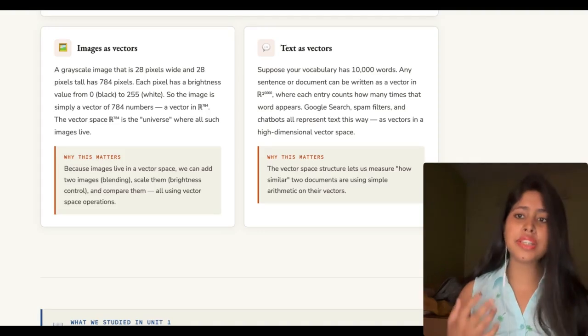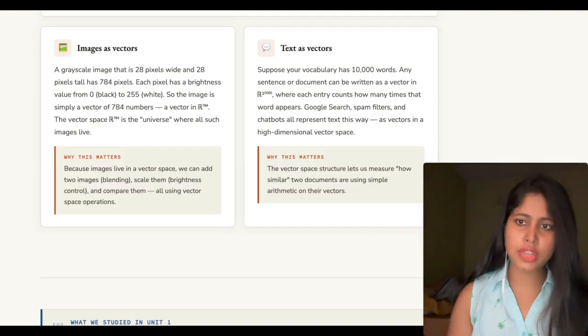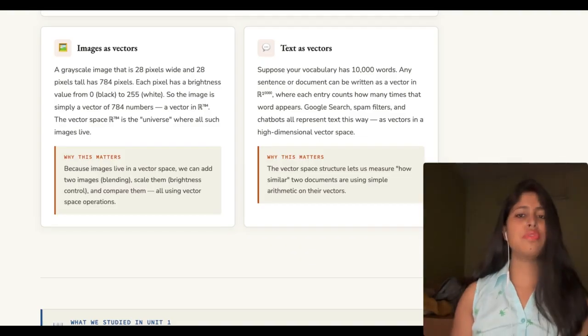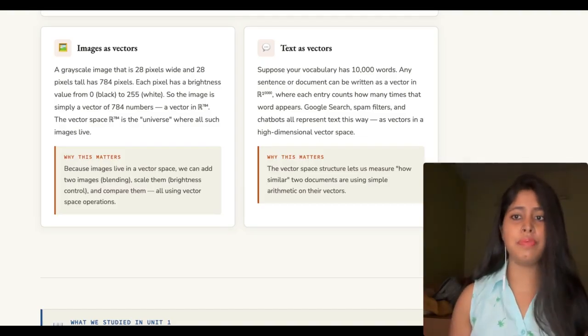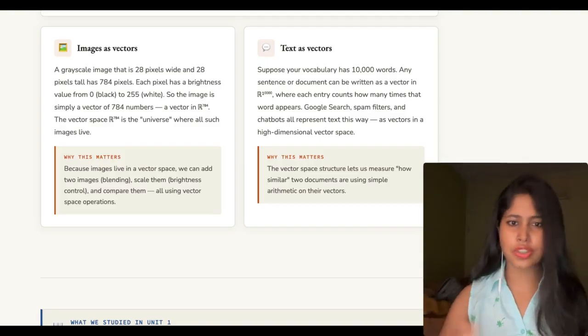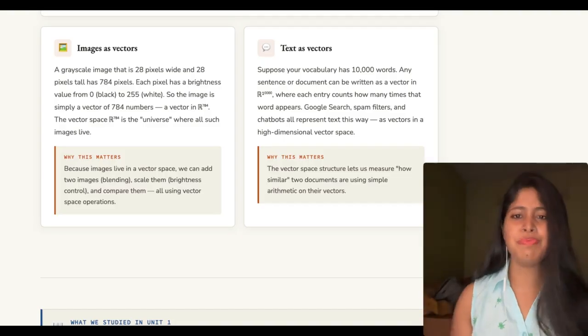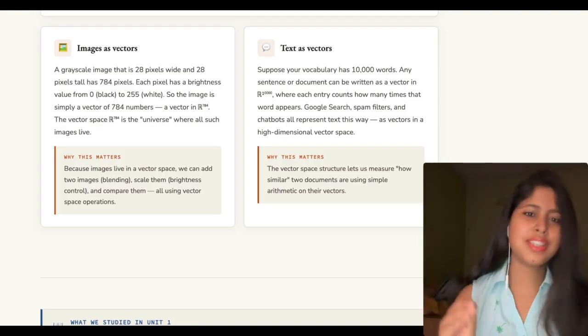And again, it's a vector space structure that allows them to measure similarity, compute averages, and build models. So the very first application of Unit 1 is this: the abstract vector space in Rn that we define in class is the home address of every dataset that you will ever encounter in statistics and data science. Can you relate it to everything around you? That is what we mean when we say that linear algebra is everywhere.